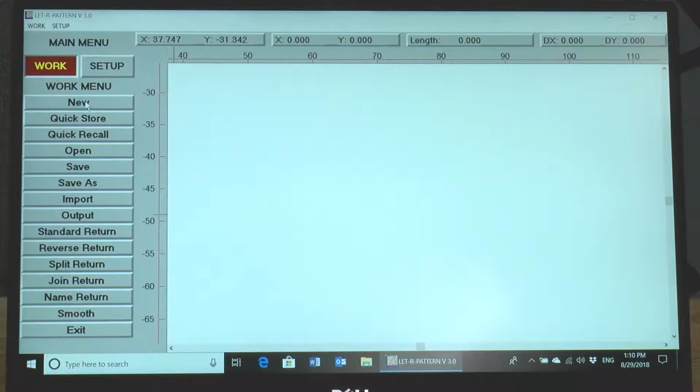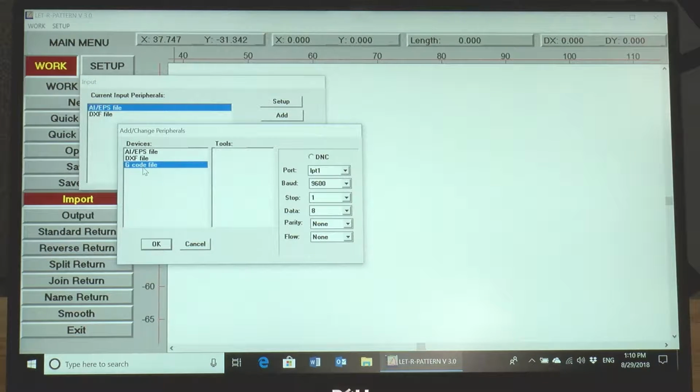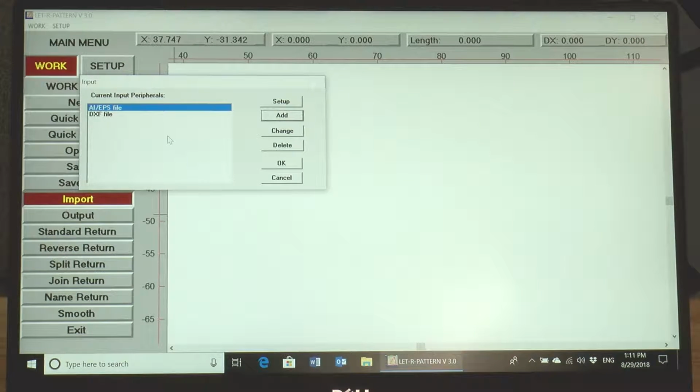The router will take the file. The pattern printer has an option to import files as AI, EPS, DXF, and also G-code, which is more of an older kind of file. When you have a cutting file, the router takes it and follows knots that tell the router where to go. So when you bring those cutting files to the pattern printer,